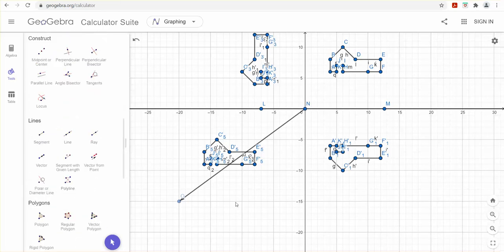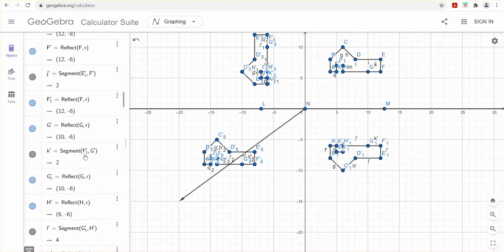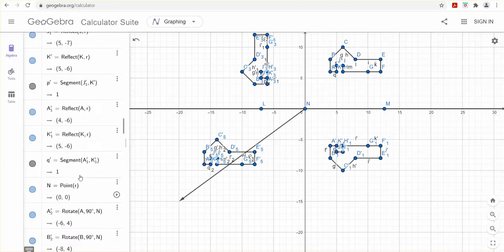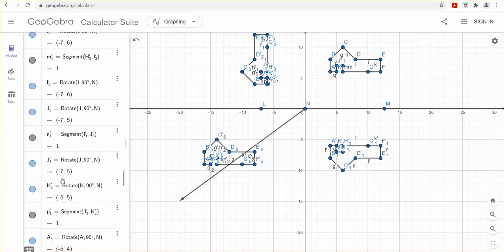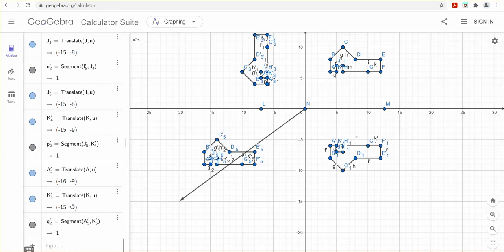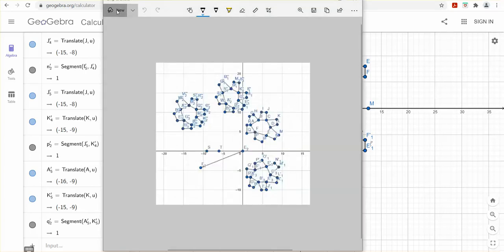So then again, you would have to go back to your algebra tools to find all the points, or you could find them by hand. And remember that first it did the reflection, and then it did the rotation, and then it did the translate by a vector. So if you go all the way down, these points are the translated by a vector points. And you would fill in the table, and then you can take a picture of this, and when you take your picture, you can write what you did for each of these parts, or you can write that on the table. Like if I were to take a snip of this,